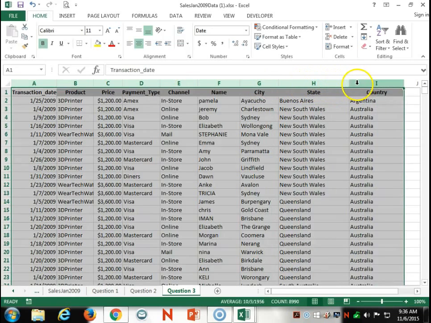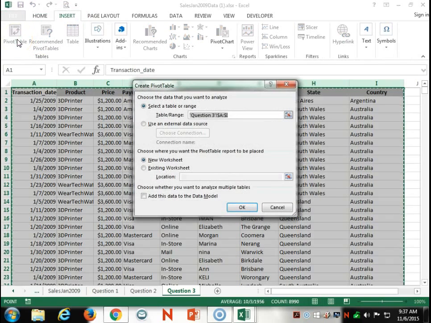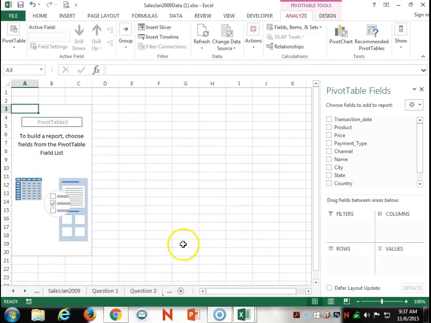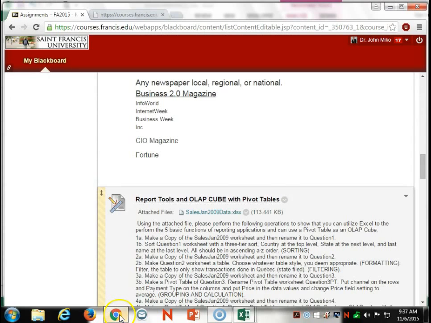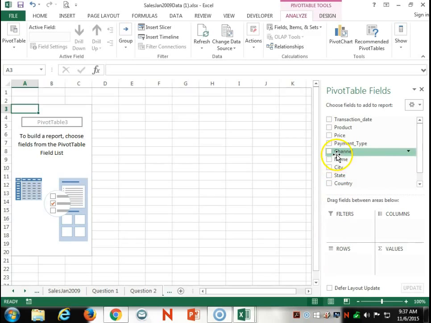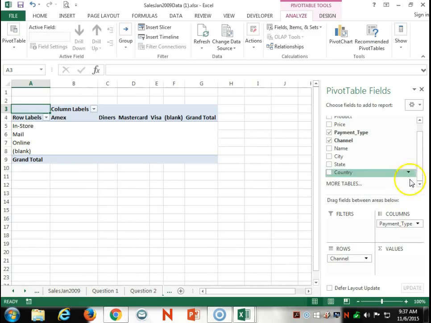Highlight the data in question 3. Do insert, pivot table. Click OK. It will build me a new tab. This is the pivot table tab. It tells me it wants channel on the rows and payment type on the columns. So let's take channel, drag it to the rows, payment type to the columns, and it wants price in the values,